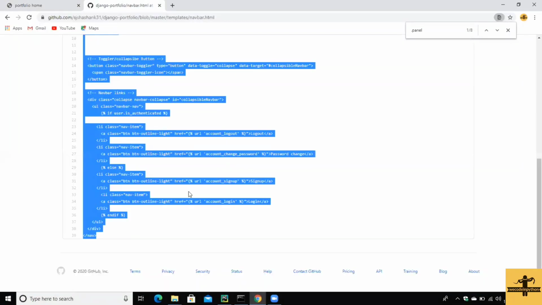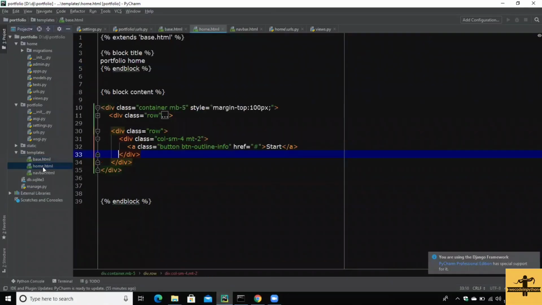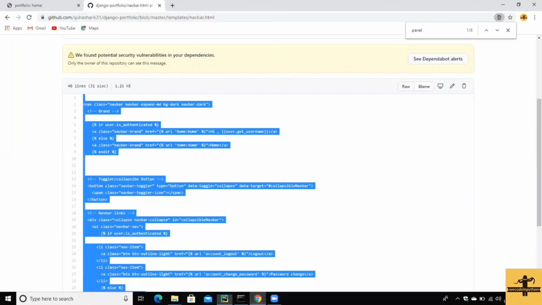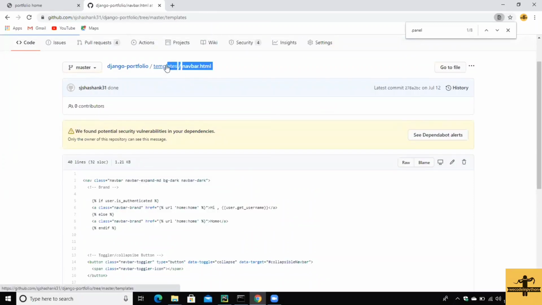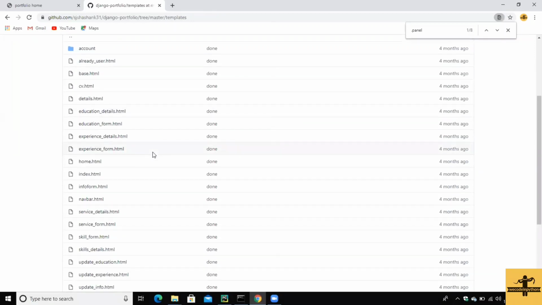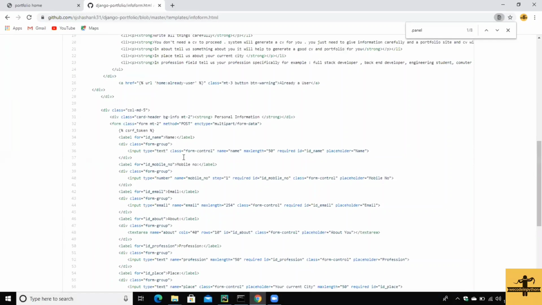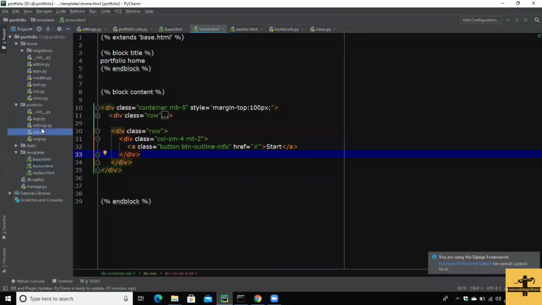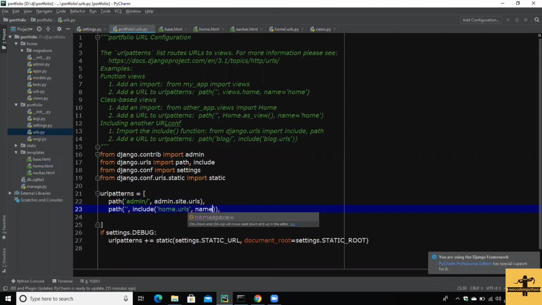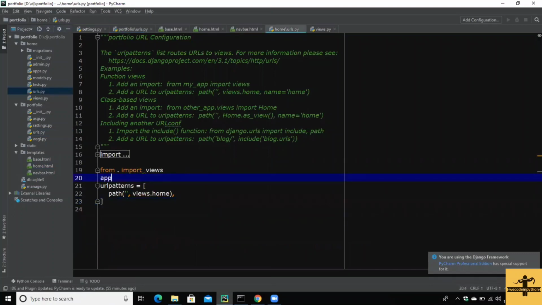Now go to the first page after this home page, that is when we click on the start button. See here, when we click the start button, where will we go? That is our info.html page, where we get the information about the user. So let's first go to the URLs here, and define this namespace. A namespace is home. Okay, here in this URLs, let's define app name as home, and this name is home. And now in this we have